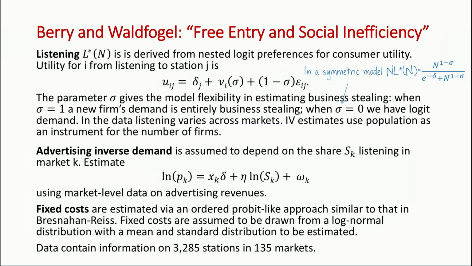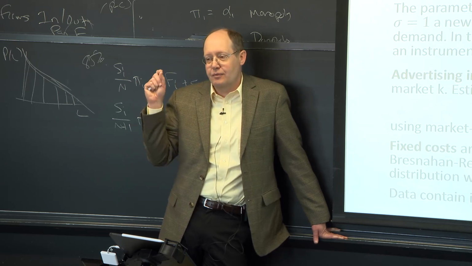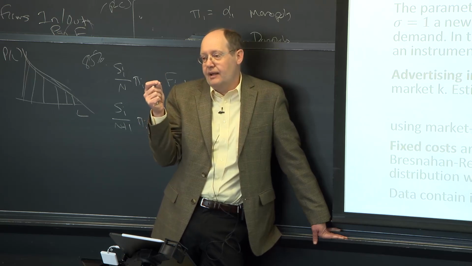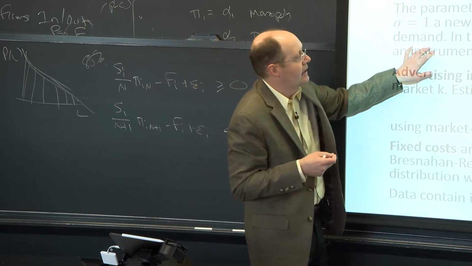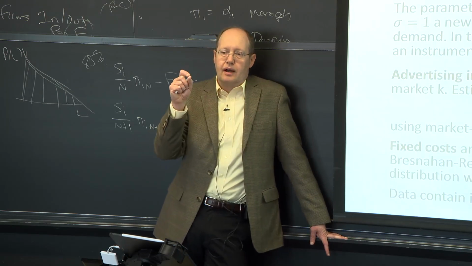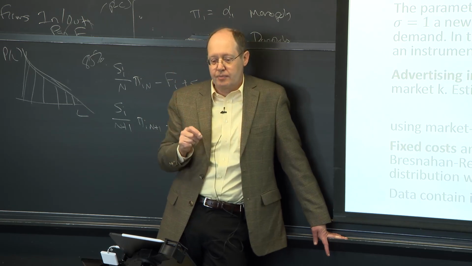Anyway, they estimate this using the data on how many people listen as a function of n, and they have an IV approach where they use population. You might overestimate the effect of n on markets because you'd see a lot of stations entering the markets that have a lot of demand. If there are some cities where people like the radio, like Nashville, and some like Boston where they don't, then you might get more firms in Nashville than in Boston because they're meeting the demand. So to instrument for the number of firms, they use the population as an instrument. They're looking at how listening compares in cities with a lot of people versus few people.